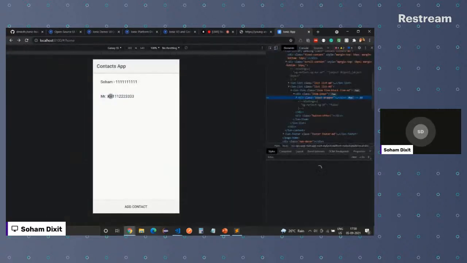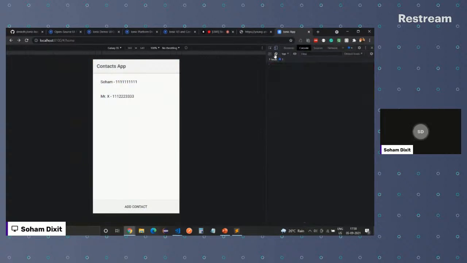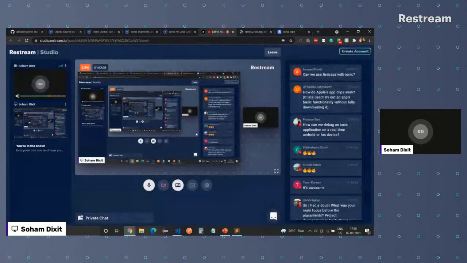Calling that API will help you get rid of the particular ID you are deleting, and you should be good to go. Similarly, for update, you can open this screen pre-filled with that information. Instead of create new contact, you'll have something like update details, and once that call is successful, you'll see the updated details over here. I guess I stretched it a bit, but you got a good understanding of how things actually happen in application development.